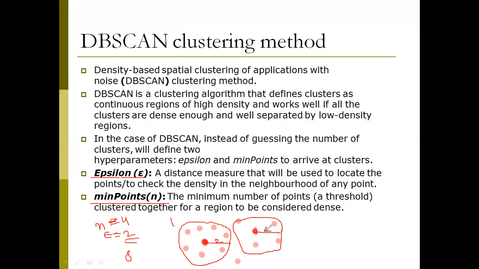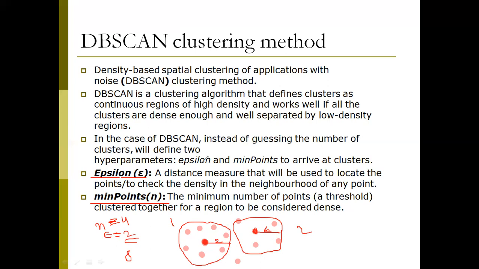Now, how many data points are covered by this particular cluster? It's obviously 5: 1, 2, 3, 4, 5, right? So it's greater than 4. This is one cluster. Like this, you need to make the clusters in DBSCAN with the epsilon, and by taking the minimum number of points in a cluster.